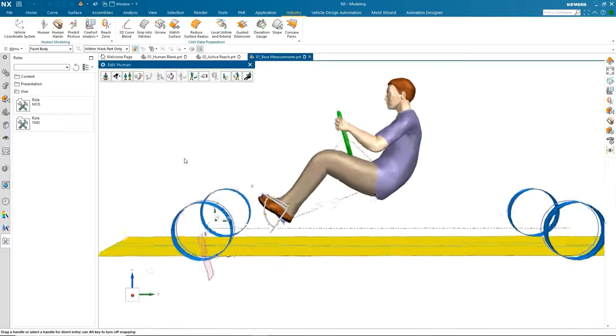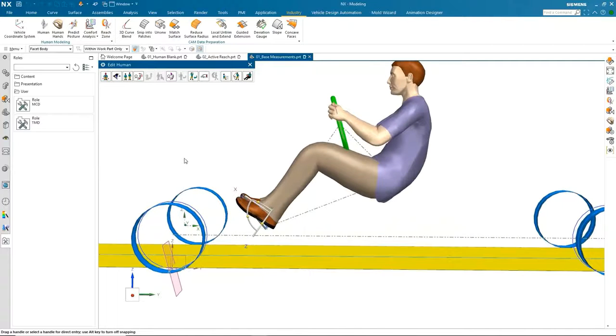And that, for me, is one of the big advantages of using human modelling. We're able to do these comfort assessments. It doesn't have to be in a vehicle either. Could be on the cabinet when we're trying to reach to the top to grab something. Is it comfortable? When we're trying to reach inside, maybe to get something off a shelf, we can run that comfort assessment on any human. I'm just going to close this, and we're going to go to